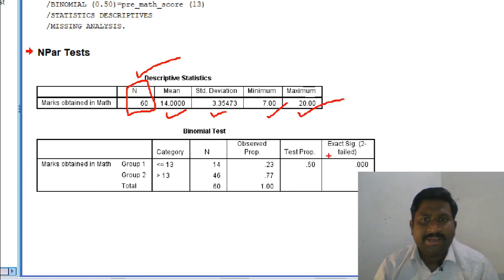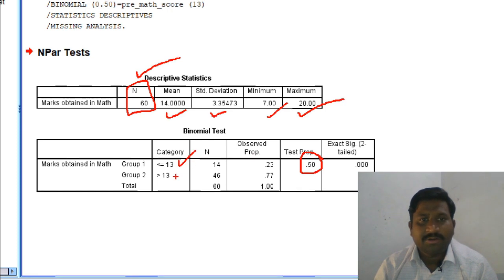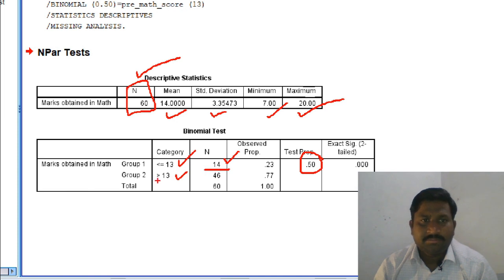As we have divided at 0.50 proportion, it will categorize into two categories: less than or equal to 13, or greater than 13. For less than or equal to 13, 14 samples are there. For greater than 13, 46 are there.